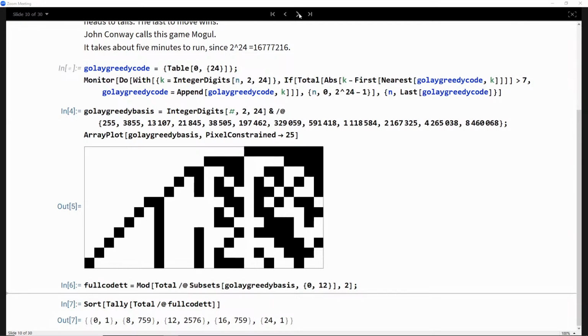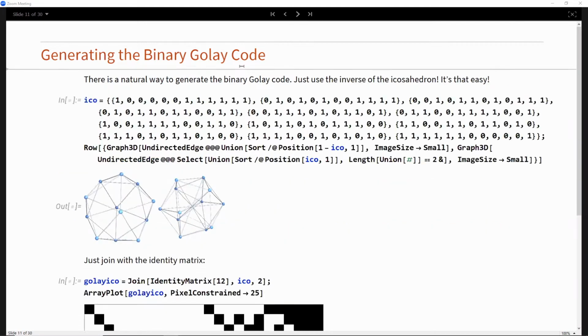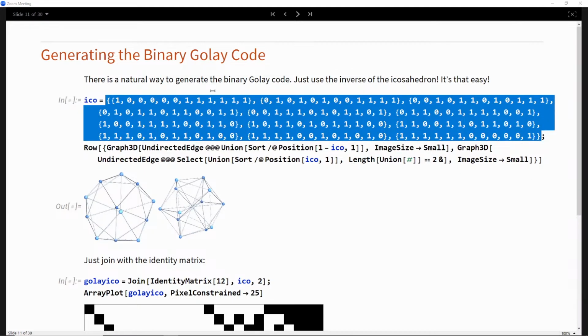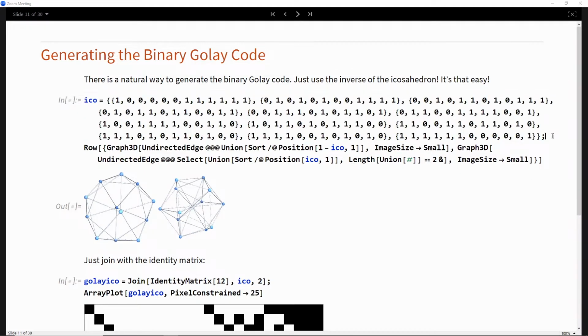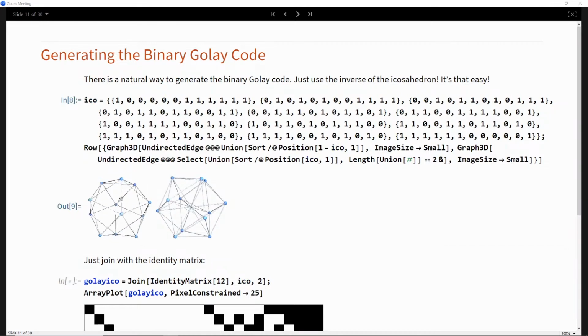Let's see here. So that is the natural way of generating the binary Golay code. So you might think, is there another way? Well, it turns out there is. We can take a look at an icosahedral system. So we'll just do this. Here's an icosahedron over here, and this is an